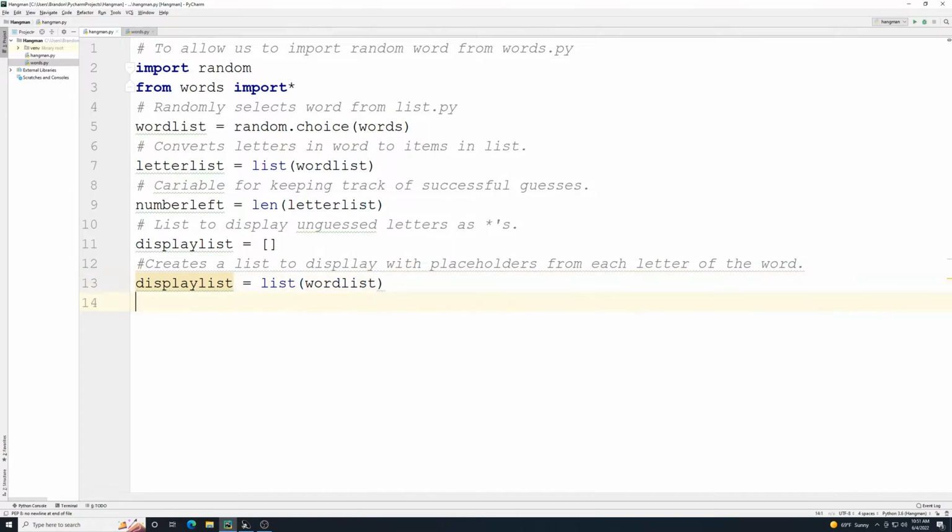Alright, there we go. Display list. Yeah, that should work. And then